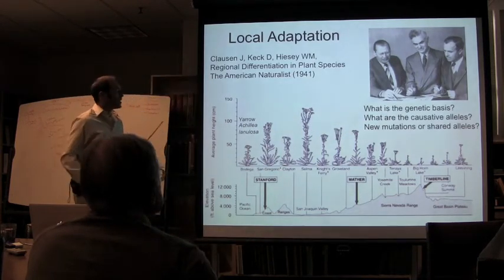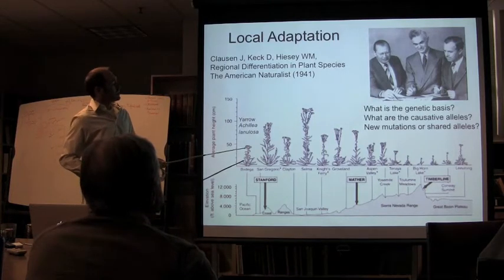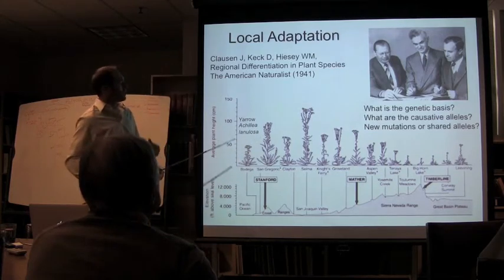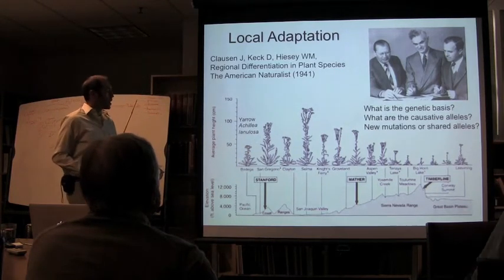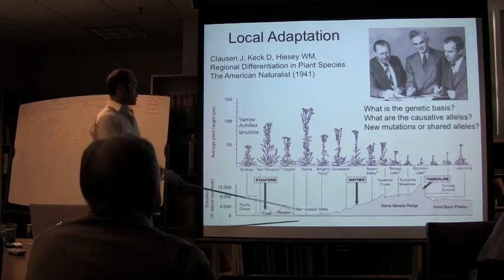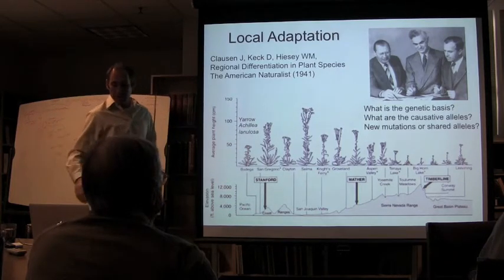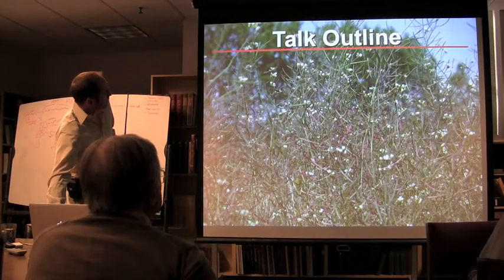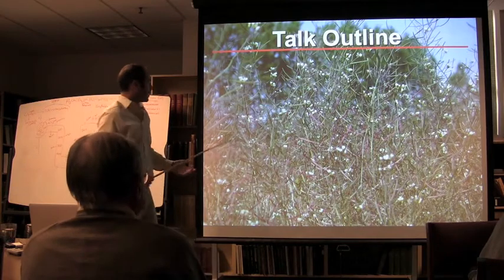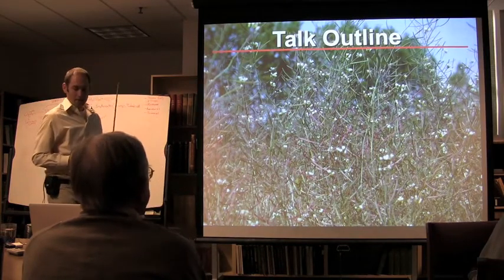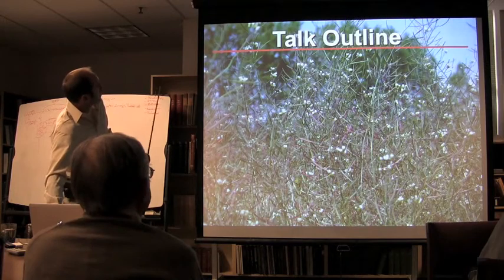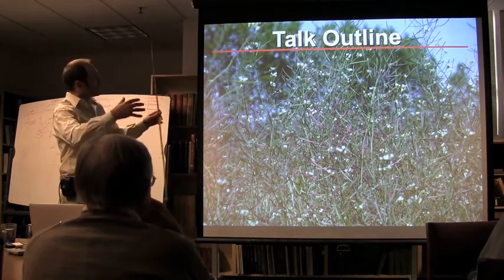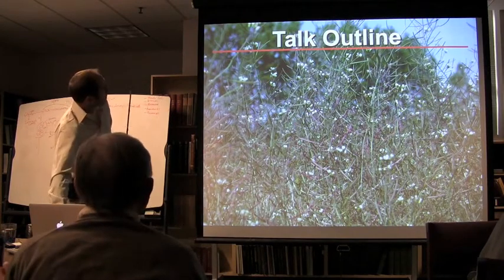The DNA hadn't even been crystallized at the time, and how many steps does it take to become locally adapted, and are those new mutations or are they new combinations of standing variation. So those types of questions now we can try to get at. And we've been using Arabidopsis thaliana, which here is growing in these patches that we always thought were clonal patches. They establish in disturbed fields. One seed can give rise to 10,000 seeds in the next generation and quickly take over a field.